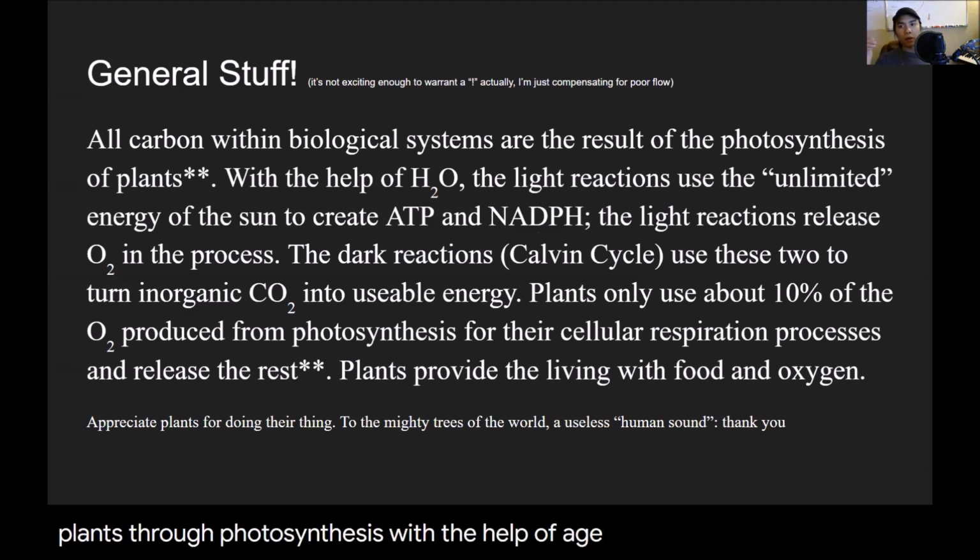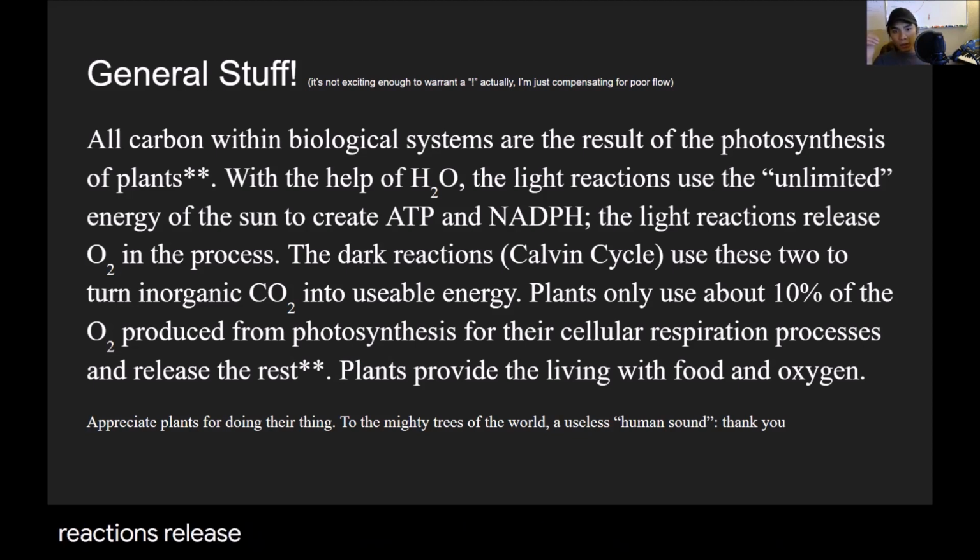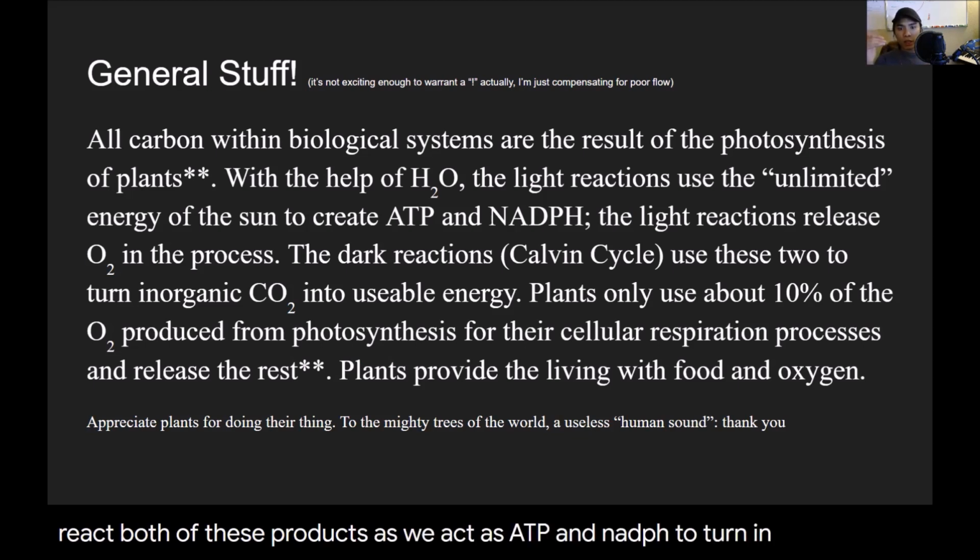With the help of H2O, the light reactions use the unlimited energy of the sun to create ATP and NADPH. In the process, the light reactions release O2. The dark reactions, the Calvin cycle, use both of these products as reactants, ATP and NADPH, to turn inorganic CO2